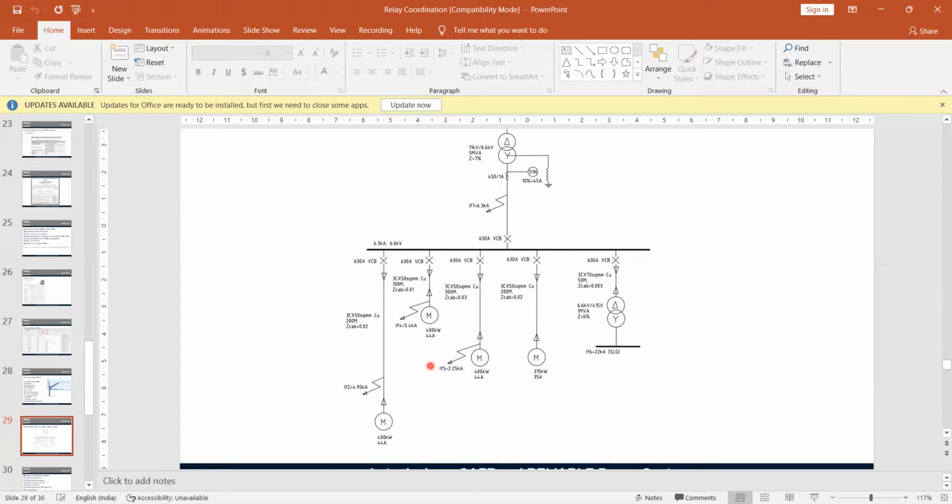Now let me plot. Next is just similar to this; I have to plot just like this.